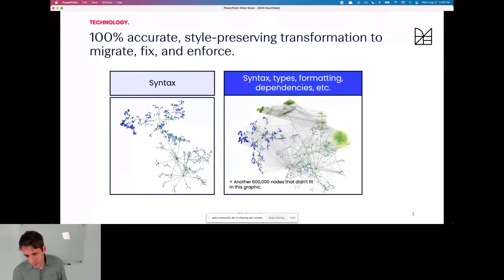The end result is really an abstract syntax tree that's incredibly information dense. We're talking millions and tens of millions of vertices in a graph for a single source file that you might see. And we put years of work into how we referentially deduplicate that and keep it compact in memory and allow us to actually do these things at real scale. So excited to show.